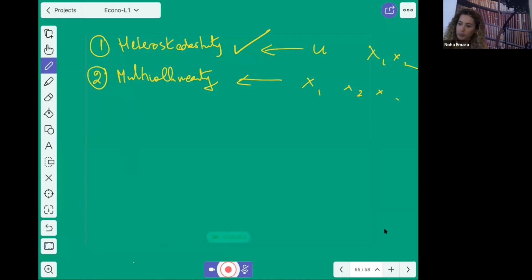So if I have a model like this, yi is equal to,